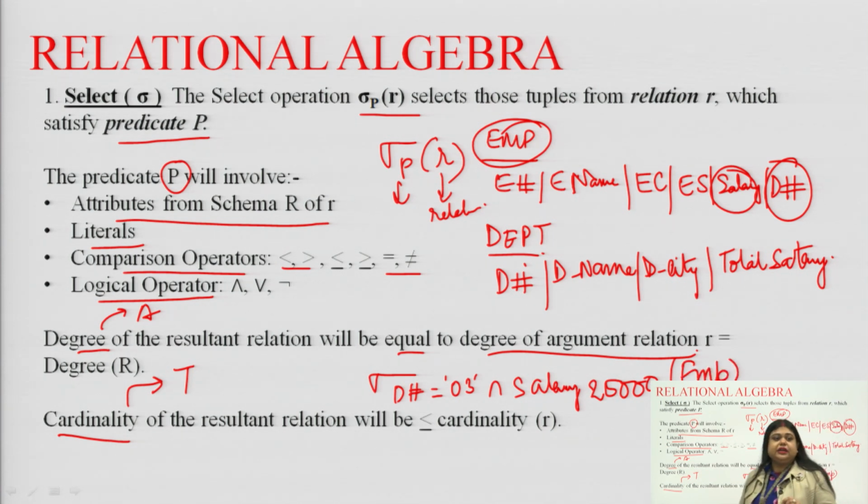So, this is an example of how we implement relational algebra using a simple select operation. This is very simple. We have selected the department number, which was 3, and this is the AND operation, salary which is greater than 25,000 on the relation employee, right. So, this was a basic example of relational algebra. Let us move to the next operation.